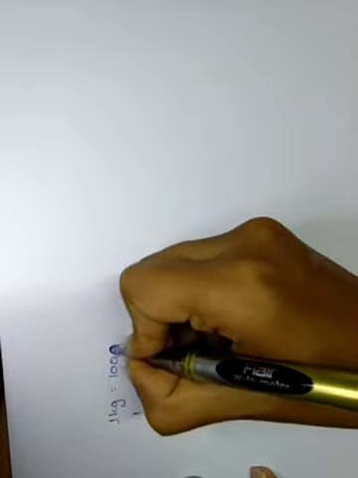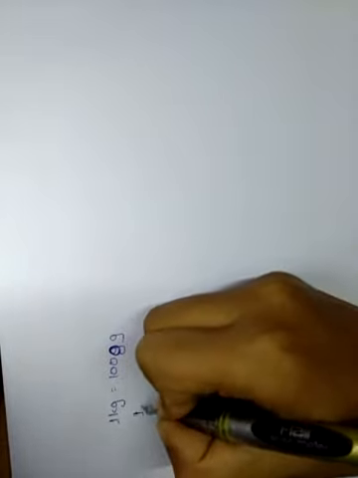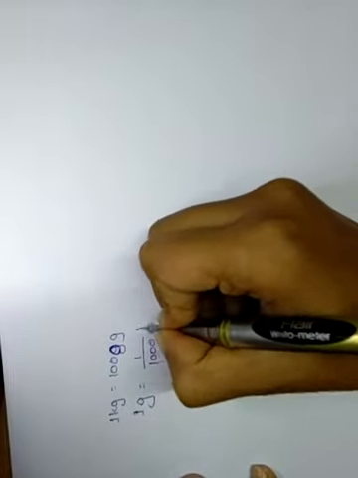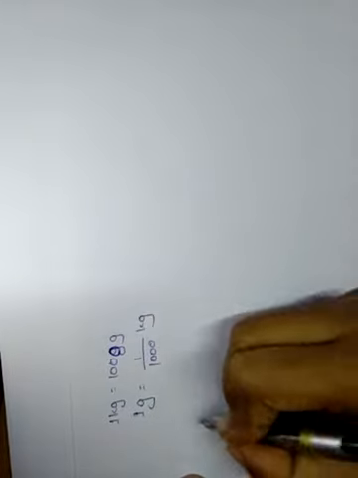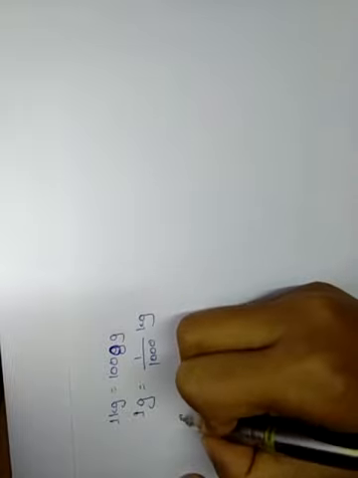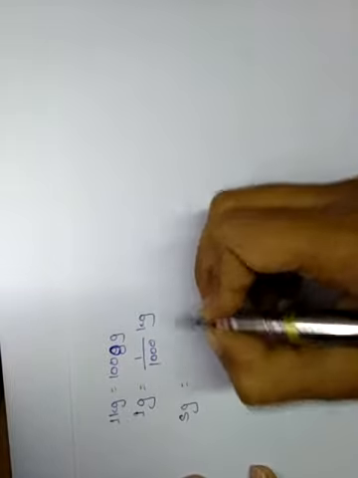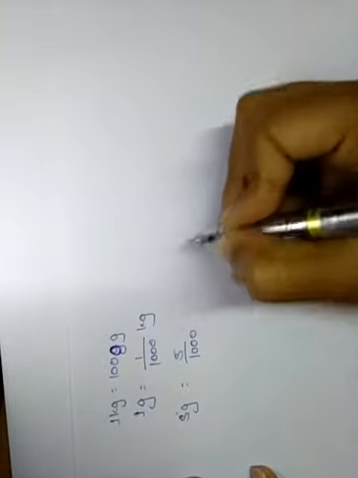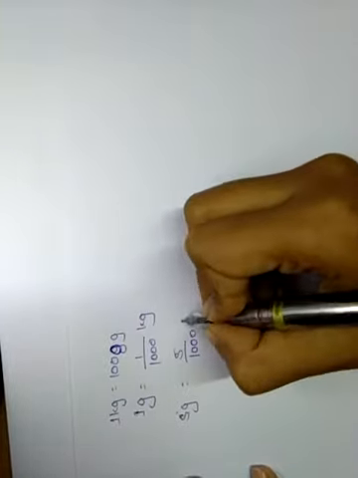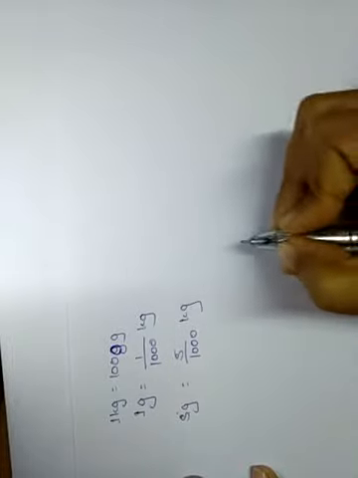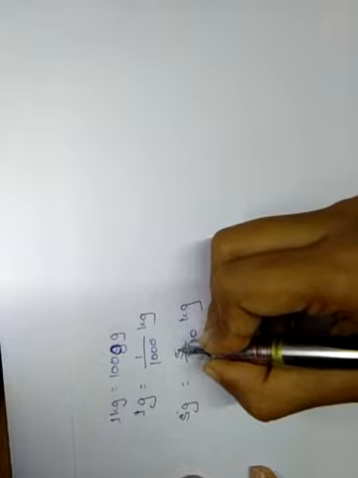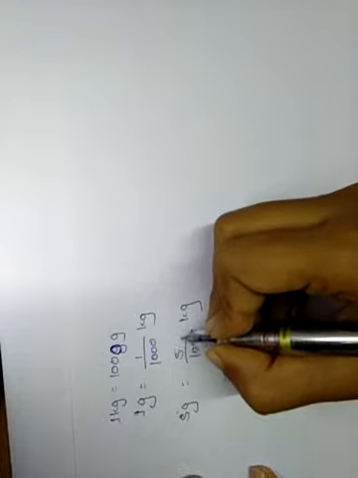1000 grams it is. Then 1 gram is equal to 1 divided by 1000 kg. Right? So I want to convert 5 grams to kg now. Again same thing. I will divide 5 by 1000 here, so that I can convert grams to kg. Here there are 3 zeros. At the numerator place I have to give the decimal point after 3 zeros from right to left.